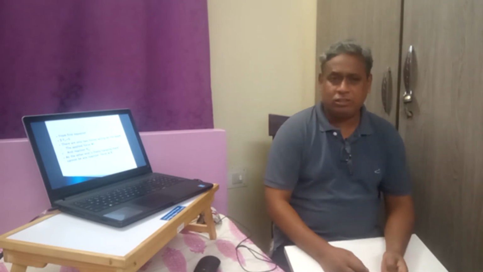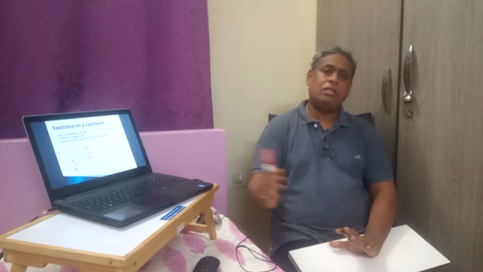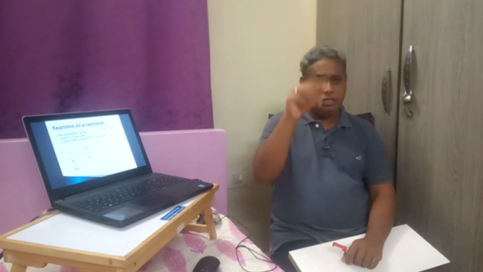So from the first equation of equilibrium, sigma Fv is equal to 0. Here on the beam we have only two forces, one force coming downwards and the other force Ra moving upwards. If we consider the force which is coming down as positive and the force which is going up as negative, because they are in opposite directions. In our earlier notations also we have seen that the forces coming down on the right side are considered positive.